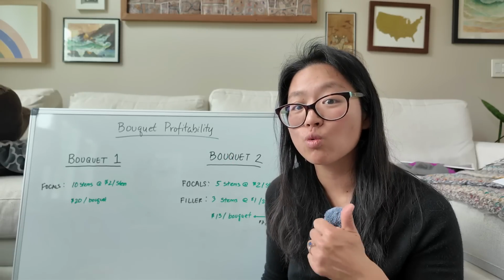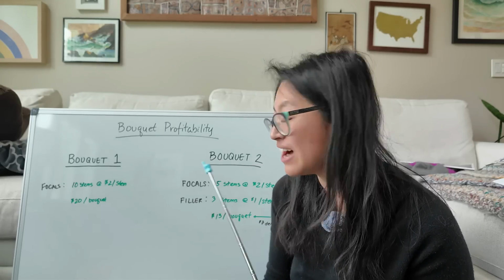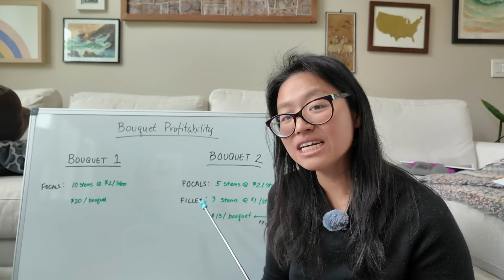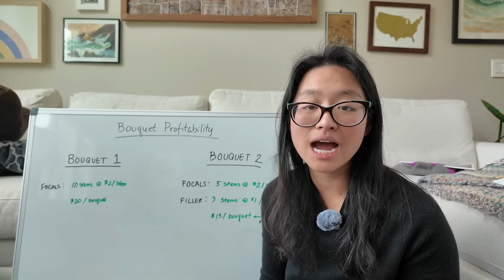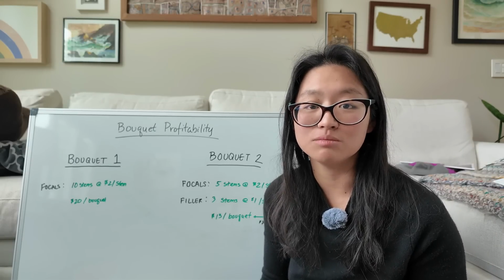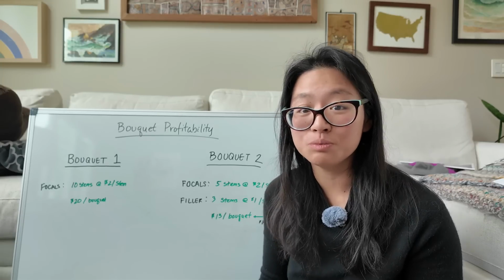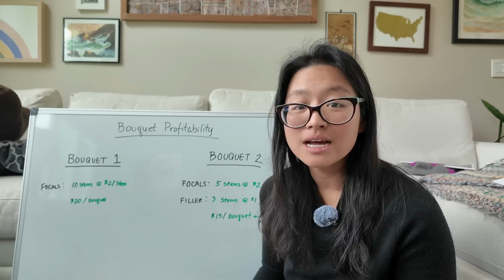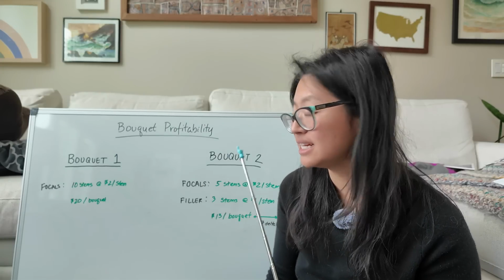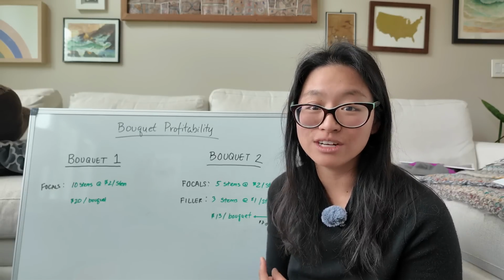higher price point, like ranunculus, anemones, tulips. Those are just to name a few. But if I had invested in filler, I could have gone a lot further with those bouquets. So in my Mother's Day bouquets, I bought in extra ranunculus. I had some tulips. I also bought a lot of filler, and I bought a lot of filler that were perennials. That was the difference between me making something like 20 bouquets versus 32 bouquets, because filler can obviously enhance the perceived value of a bouquet, but also allow you to use less stems to get to that same price